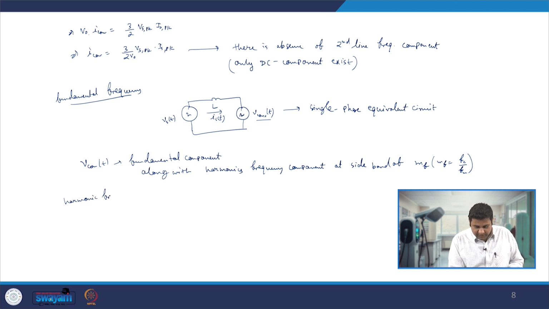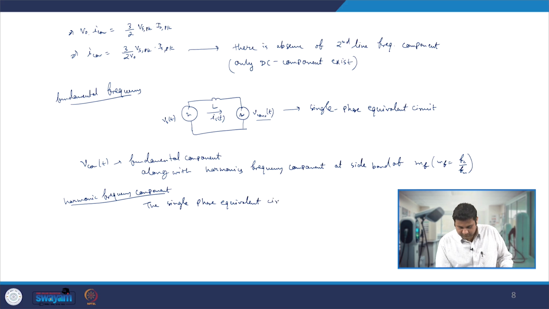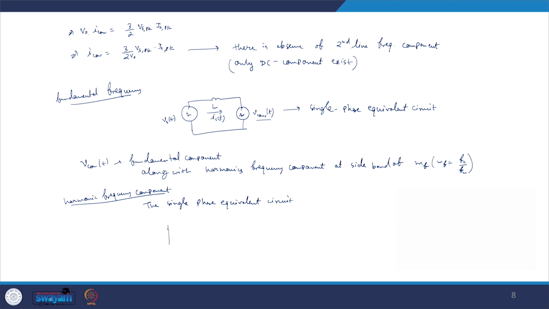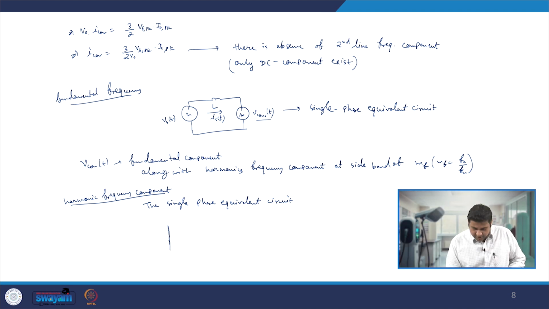So for a harmonic frequency component, the single phase equivalent circuit will look like this. Since the source is a pure AC source, there is no harmonic frequency component, so the source will be short circuited, while we have this L, and along with that we have our component, which is nothing but V converter